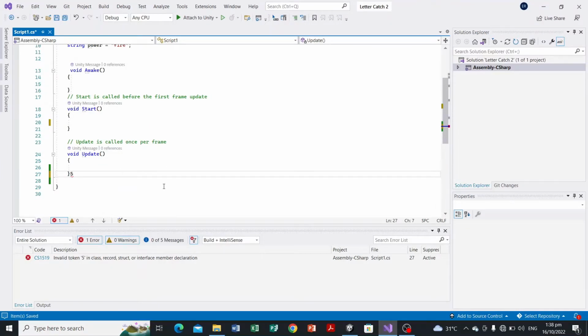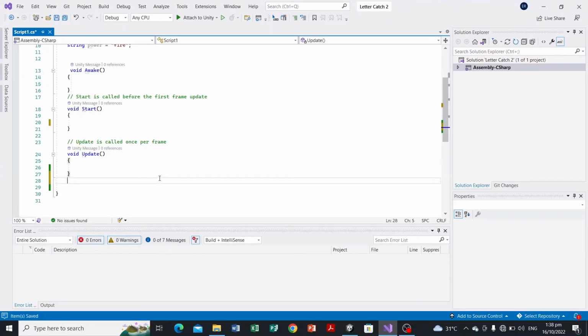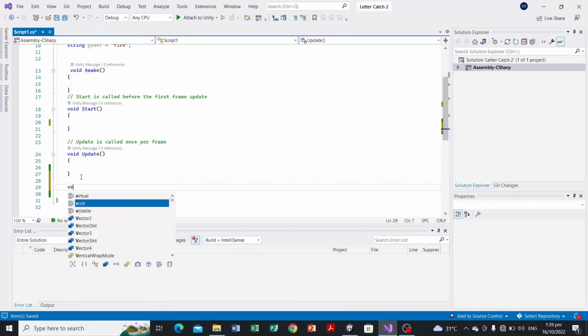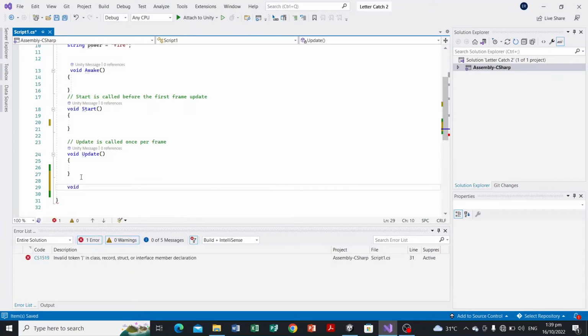So in order to do that, we will write our function below these event functions: the void awake, void start, and void update. So the syntax of a function is, first you will have to type the return type or return value of this function. For this time we will not be having a return value, so we just have to write void, meaning we will not return anything in a variable. So void, and the name of our function, let's say